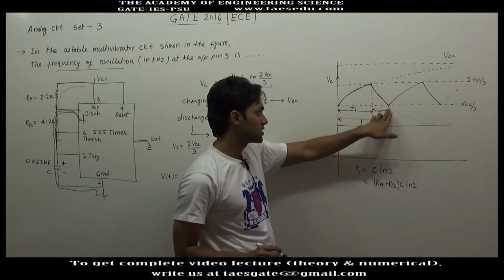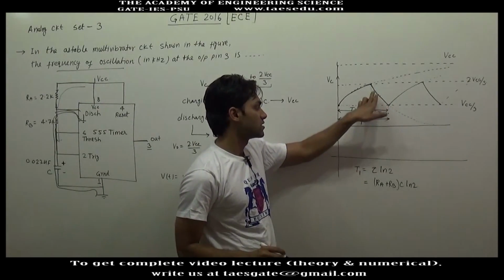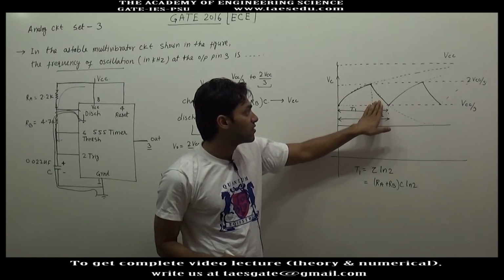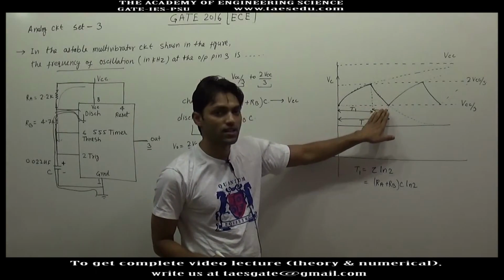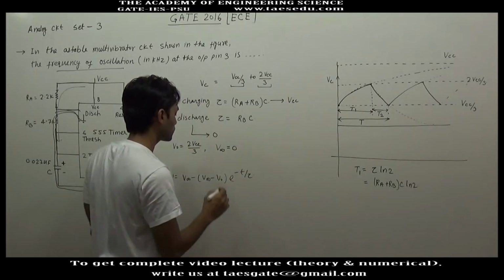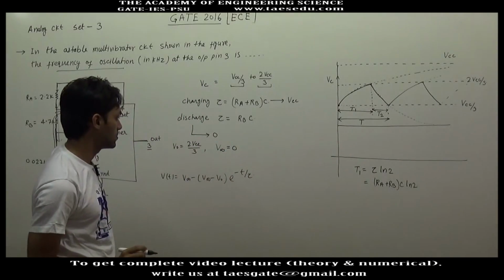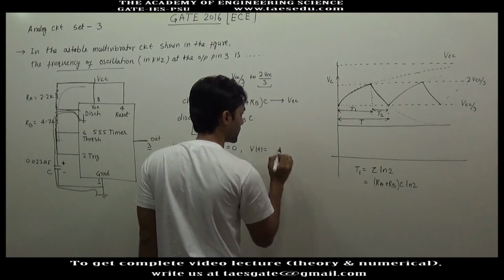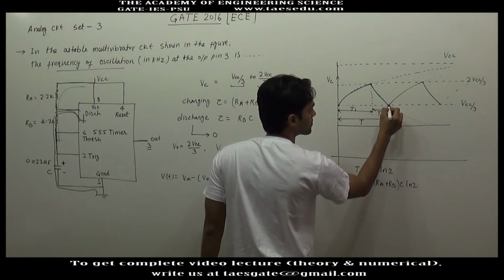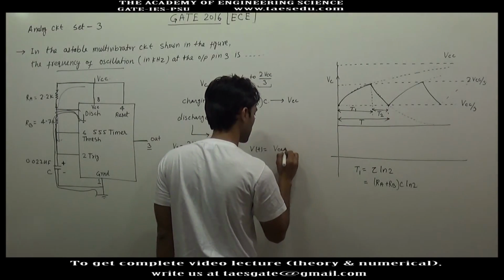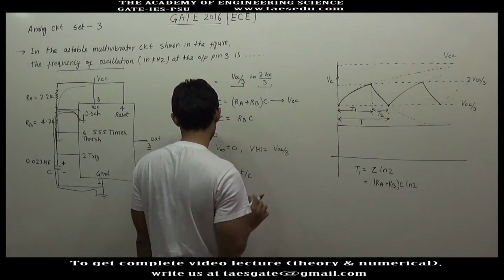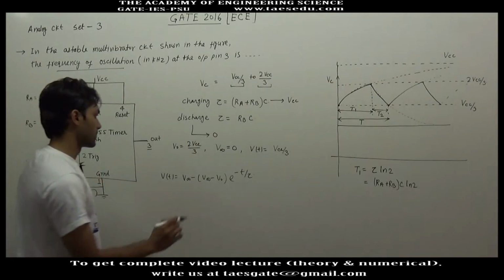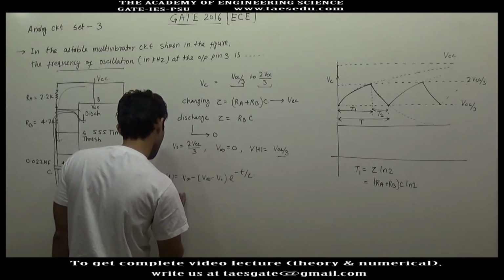Although in between there is another transient, for this transient the steady state voltage will be the voltage when this circuit is left for infinite time in this transient only. So V infinity equals 0, and Vt will be at this point, Vt is VCC by 3. Again we will write this formula, Vt equal to V infinity minus... so Vt is equal to VCC by 3,